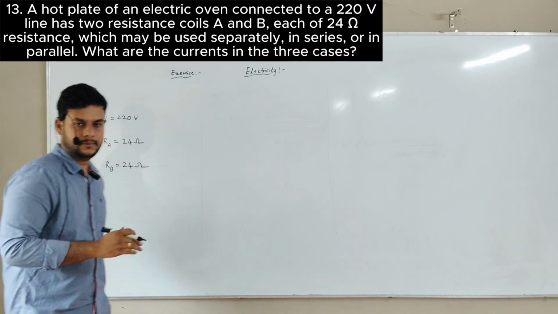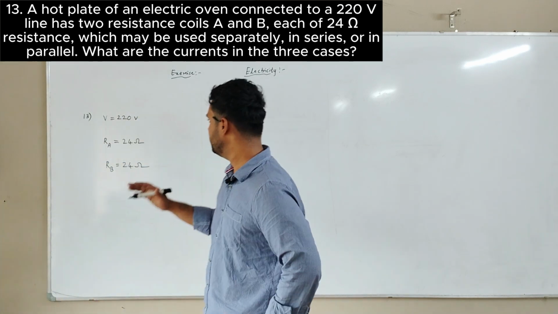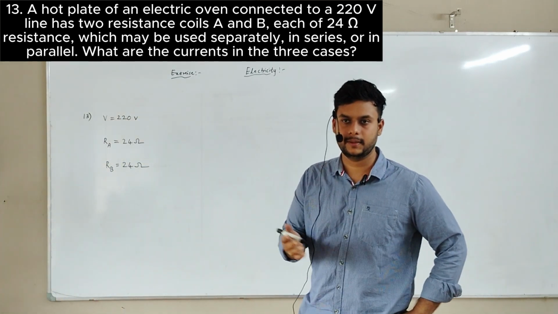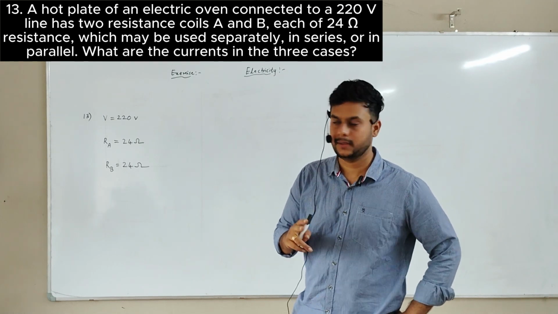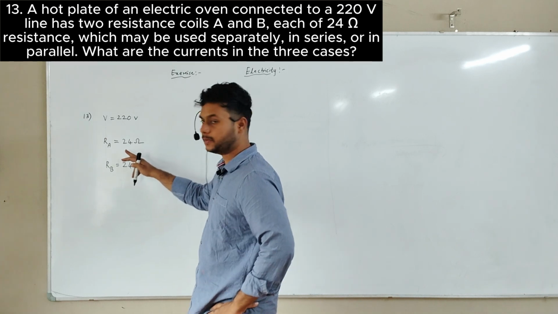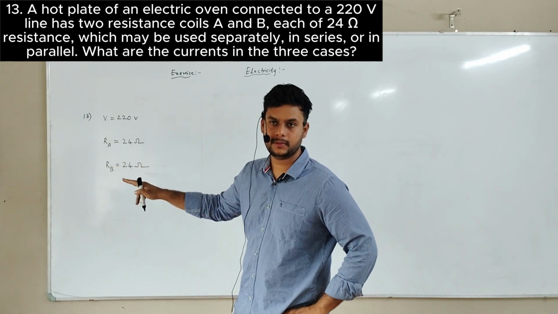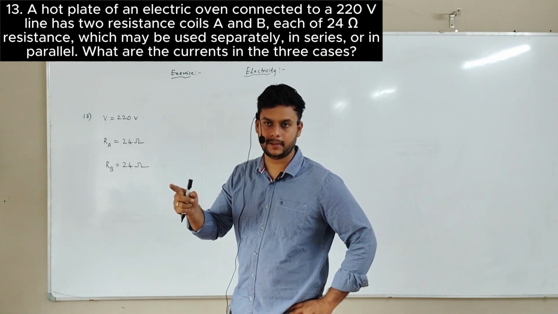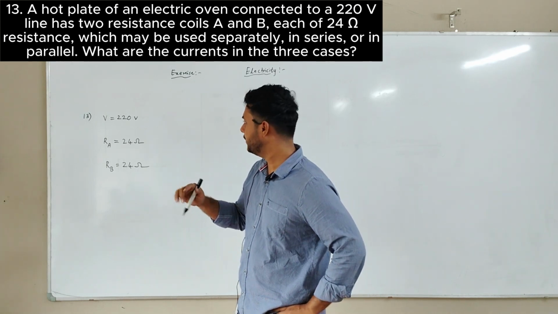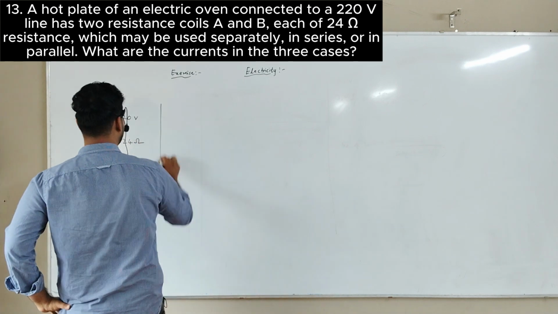See here, very simple question. There is a voltage line of 220 volt coming. There are two resistances, both are same. First resistance is 24 ohm, second resistance is also 24 ohm. He is asking what are the different types of current I can get as output. If I connect it separately, I will do and show. First, if I connect it separately